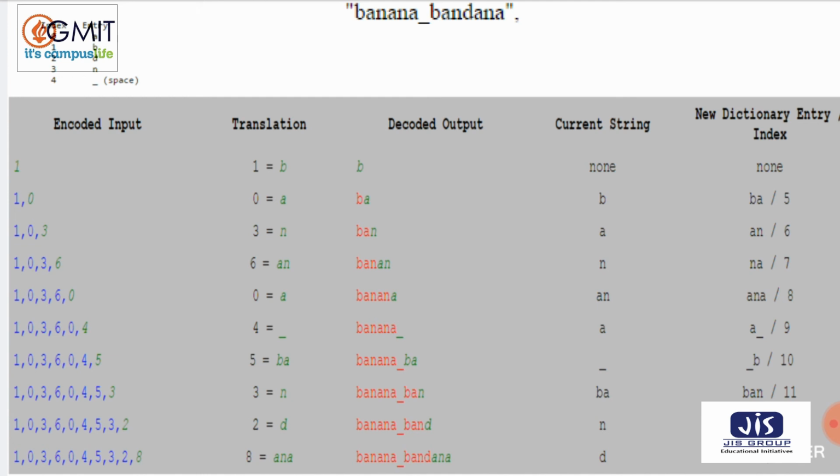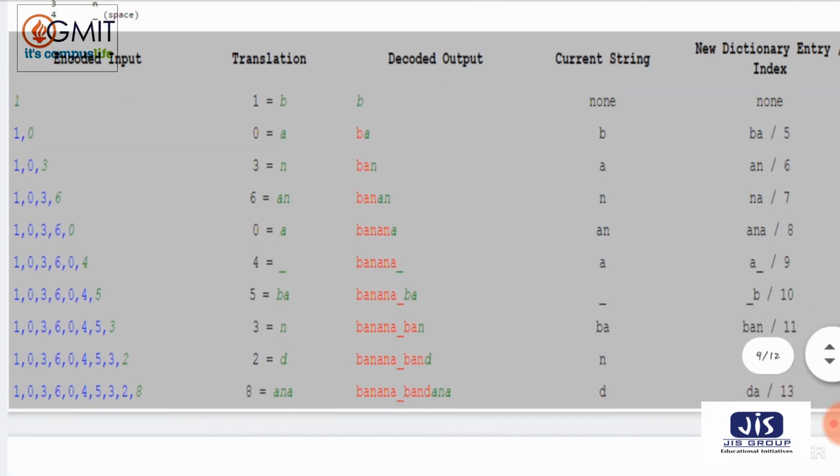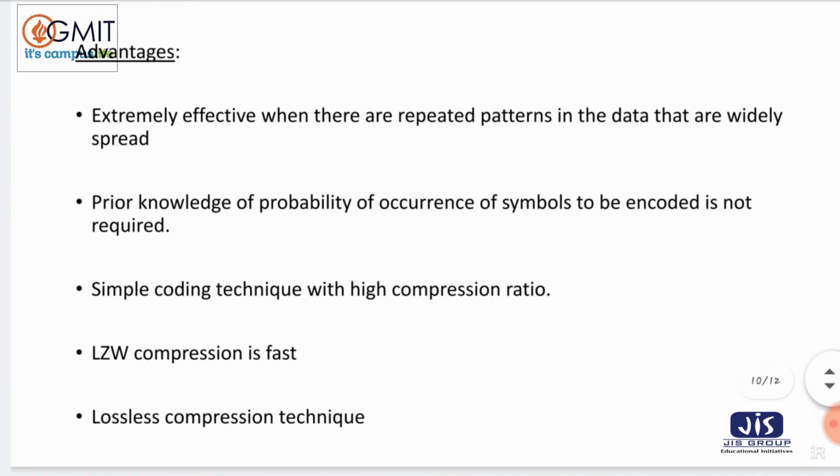Like RLE and Huffman, no sum or problem related question will come in a semester exam with LZW encoding. You can just get a short note type question with LZW encoding, that's it, nothing else. Then you have to write the algorithm, and give an example with definition and advantages and disadvantages. So what are the advantages of LZW encoding?